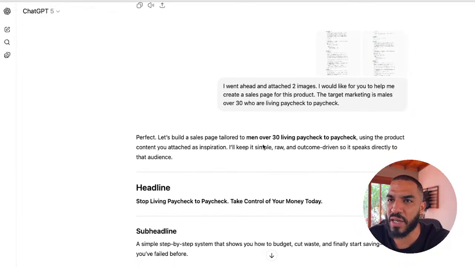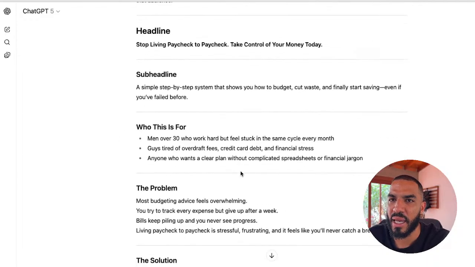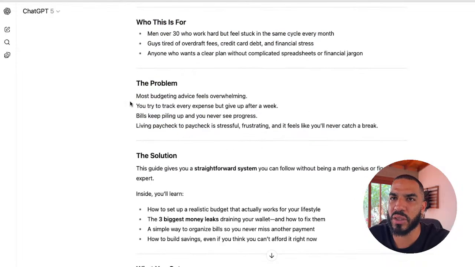It built a sales page tailored for men over 30 living paycheck to paycheck. So it gave me a headline. It gave me a sub-headline. It gave me who this is for, right? Men over 30, guys tired of overdraft fees, credit card debt, and financial stress. So what it's doing is grabbing all the information from this Reddit post and putting it in here, of people